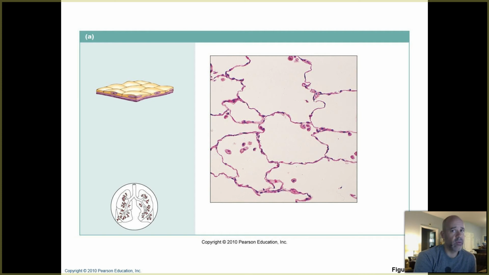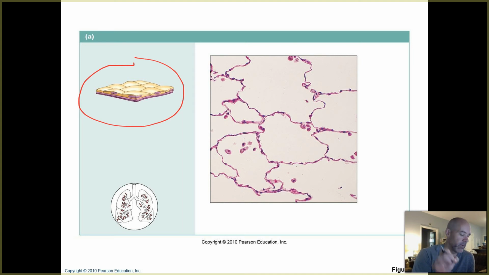And I'm just going to use the images from the textbook to keep things simple and straightforward. I just want you guys to have spent some time looking at these tissues and understanding how they are laid out. All right, so this is a picture from your textbook. Now over here, they have a pretty good diagram of this example type of tissue. So if you look at that tissue,